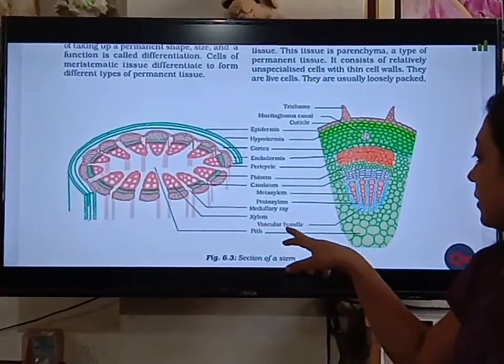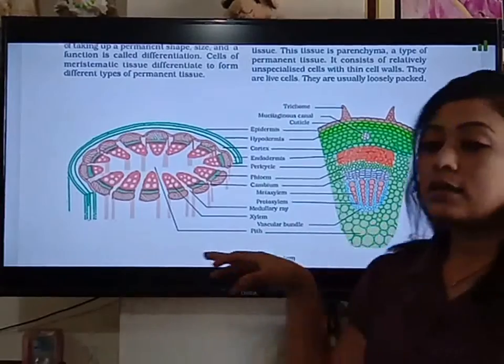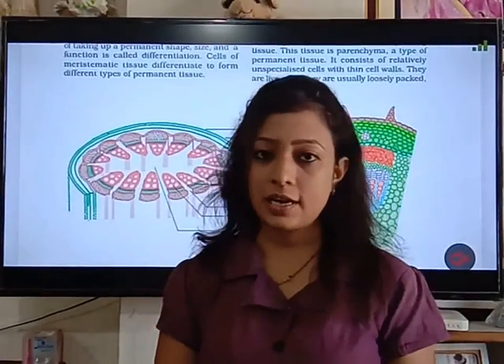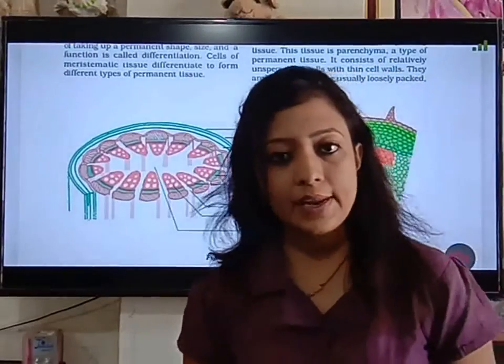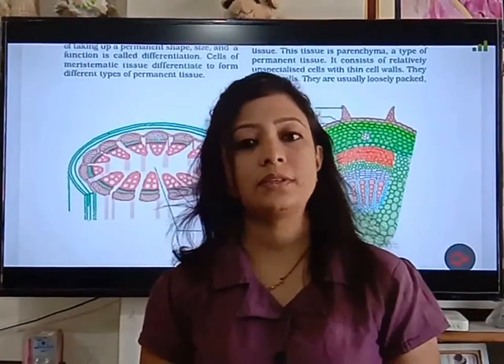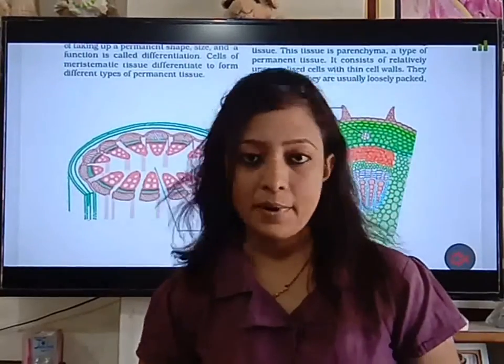And next, what is there in the center of the stem then? It contains the pith. So this pith contains the parenchymatous tissue, which are again supportive in nature. It also stores the nutrients in the plant body and also helps in the transportation of this nutrient according to requirement of the plant body.